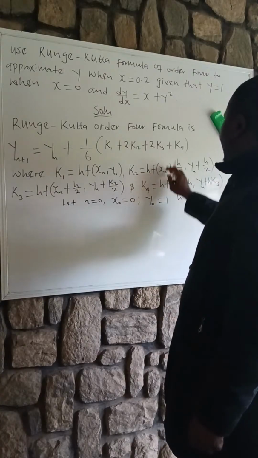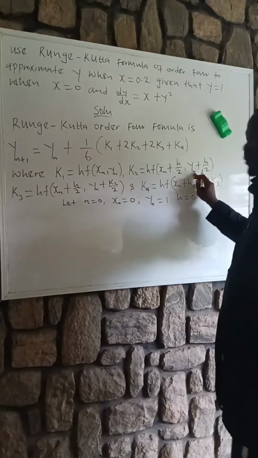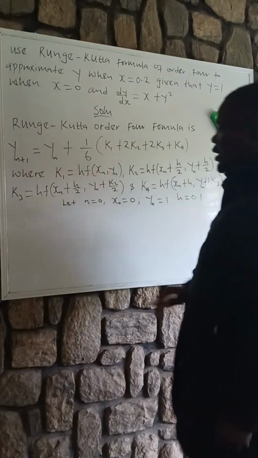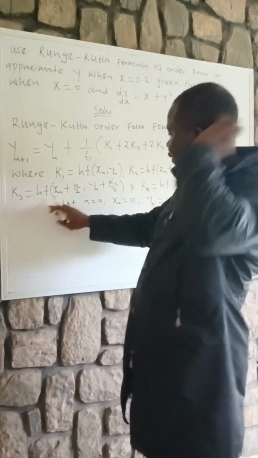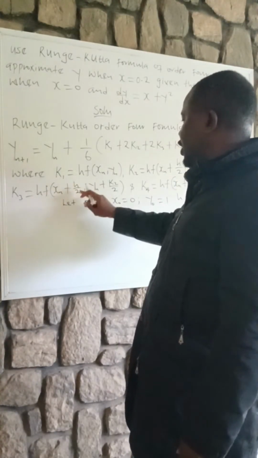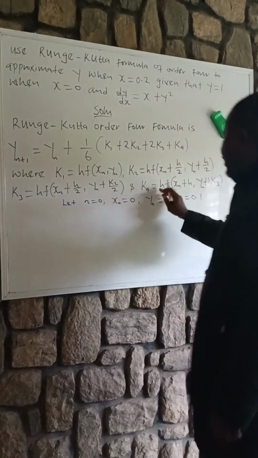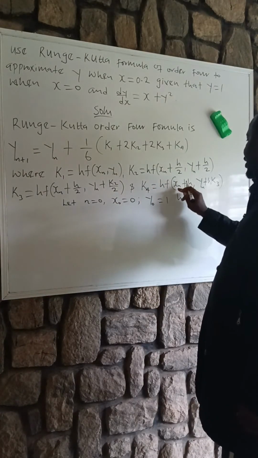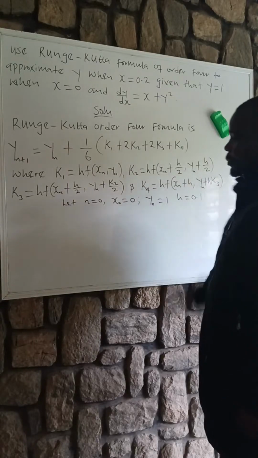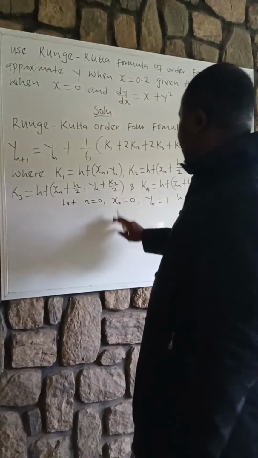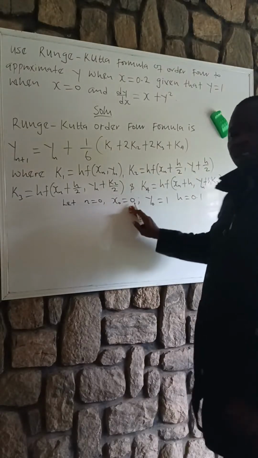k2 is equal to h f open bracket x subscript n plus h over 2 comma y subscript n plus k1 over 2 close bracket. Then k3 is equal to h f open bracket x subscript n plus h over 2 comma y subscript n plus k2 over 2, and k4 is equal to h f open bracket x subscript n plus h comma y subscript n plus k3. Then we say let n equals 0,